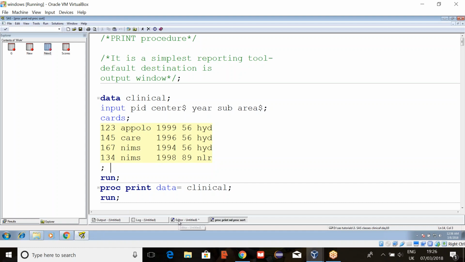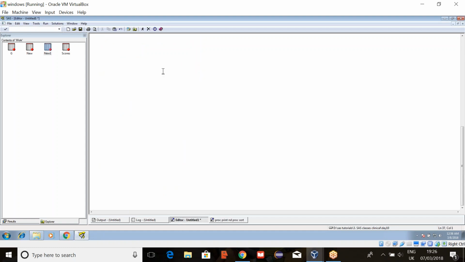Okay. Now let's see about the proc print procedure. Till now we have seen the print procedure, right? What are we doing? We are just writing proc print data equals dataset name and then run. But in the print procedure, we can use many options and statements.